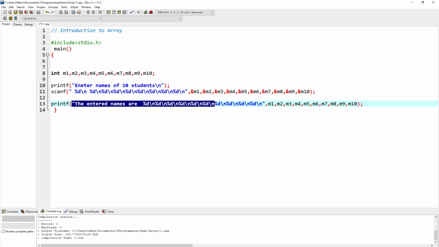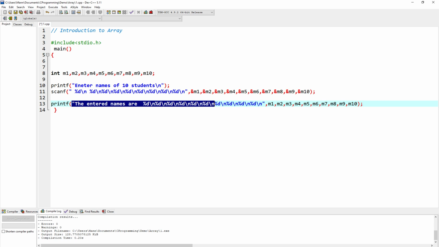So to process a large amount of data, we obviously need a data structure that can handle it. That particular data structure which can handle such a large amount of data is what we call an array. Okay. So from now onwards, what is an array? An array is nothing more than a data structure through which we can process a large amount of data.